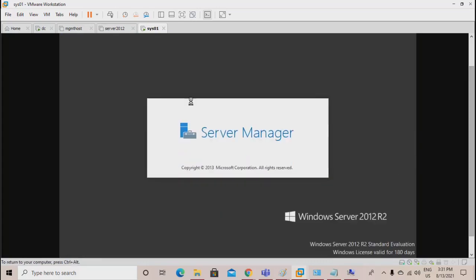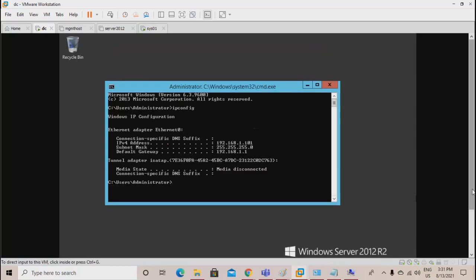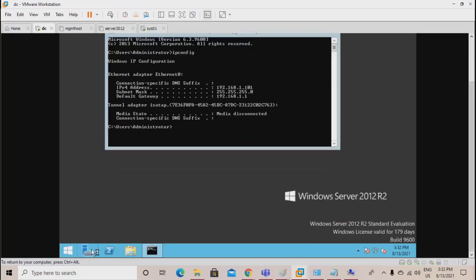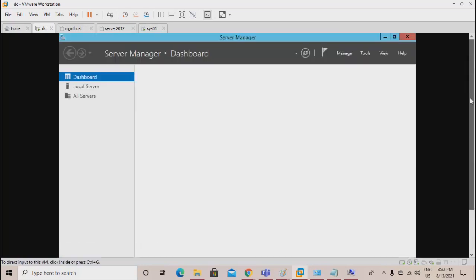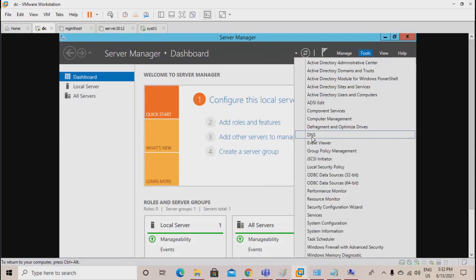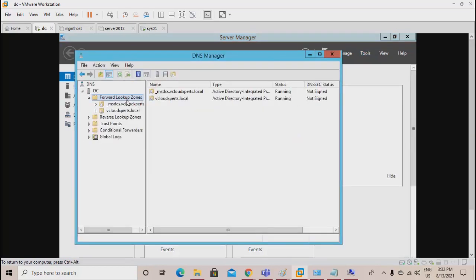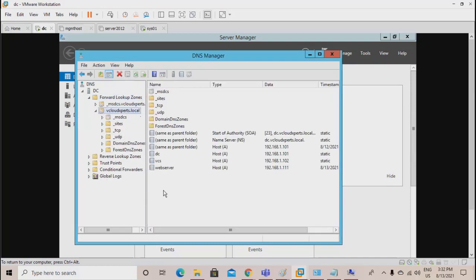And now if I go in this DC and if I go to the DNS, server manager, I can go to the tools and I can go to the DNS. Did we add this entry?